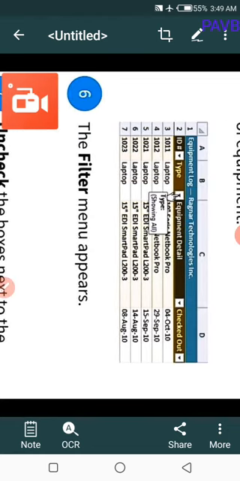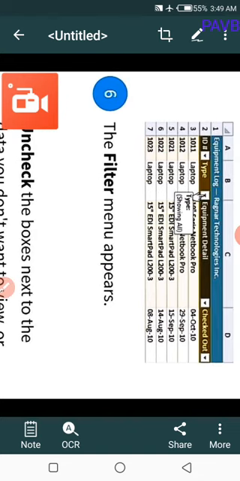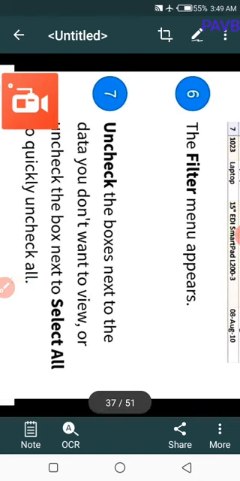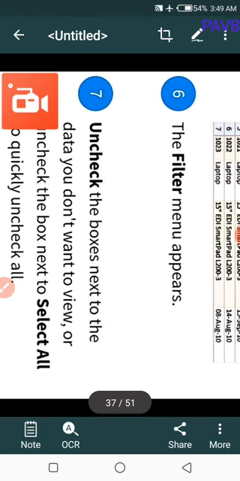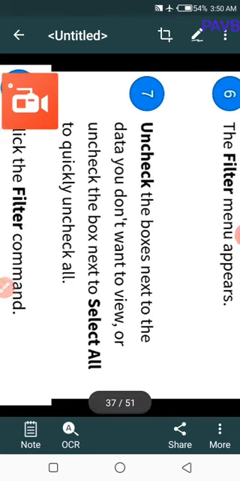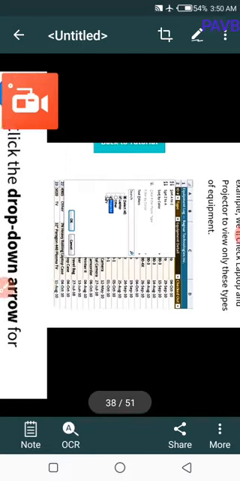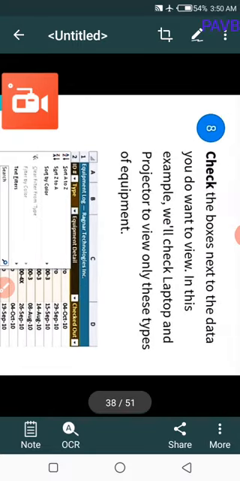Step 6. The filter menu appears. Step 7. Uncheck the box next to the data you don't want to view, or uncheck the box next to select all to quickly uncheck everything. Step 8. Check the box next to the data you do want to view.